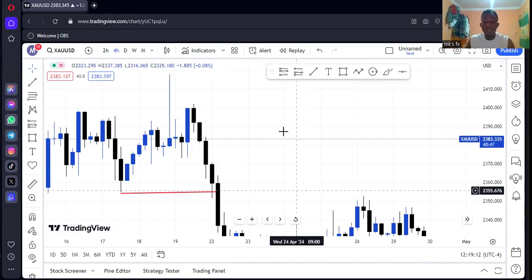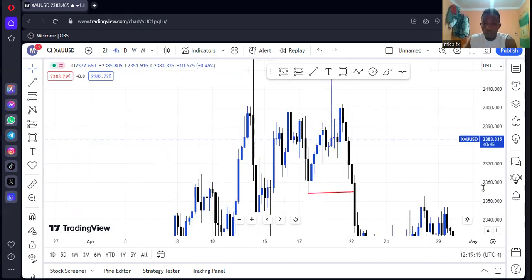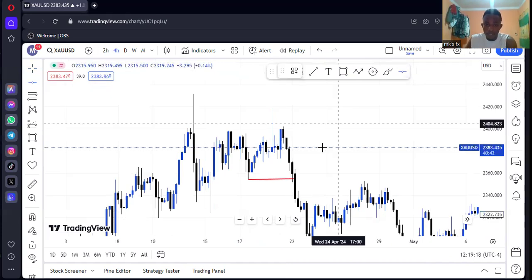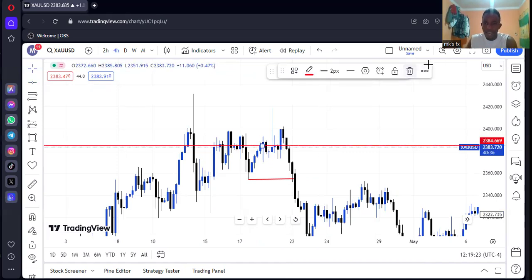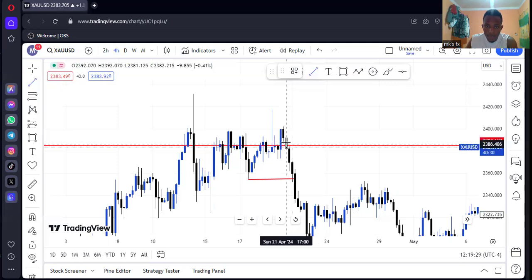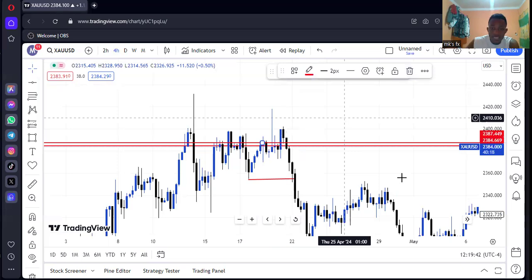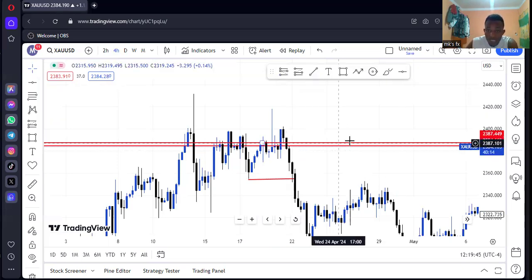Now, let us look at what is happening presently in the market. So we are just going to draw this fair value gap. I'm just going to take this high, okay, and this lower wick here. Let me see. Okay, so what I'm expecting is for the market to come in between this space. You see, this space here, when the market touches this space, it's going to sell back down to the downside.